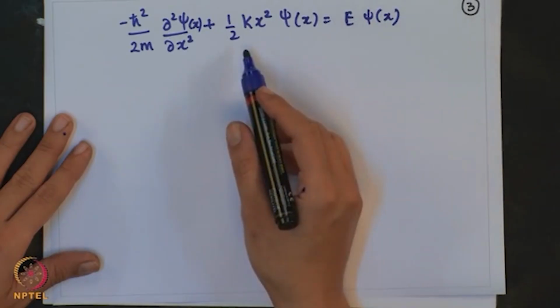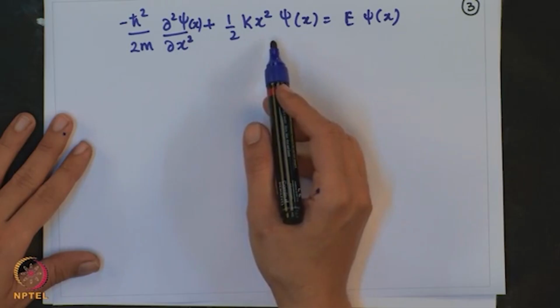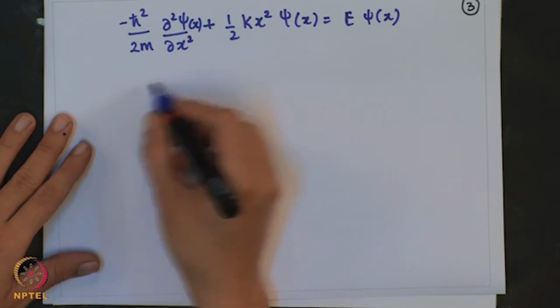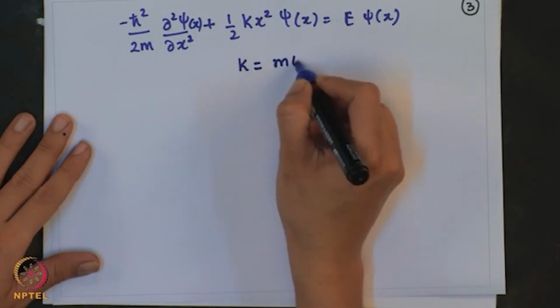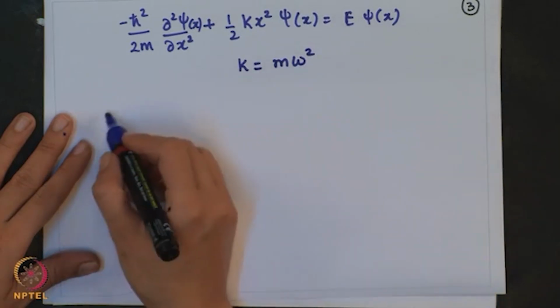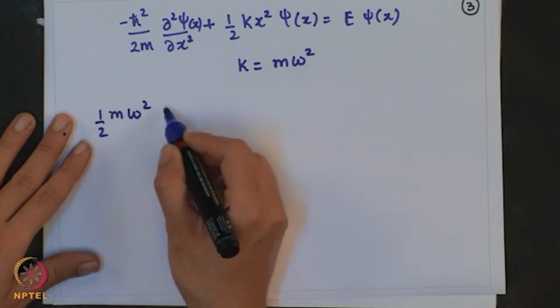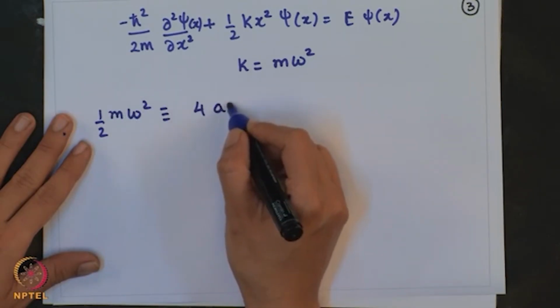And when you compare this term with the potential which we have, what do we obtain? We find that k is nothing but m omega square. So, when you compare half m omega square with our expression 4a